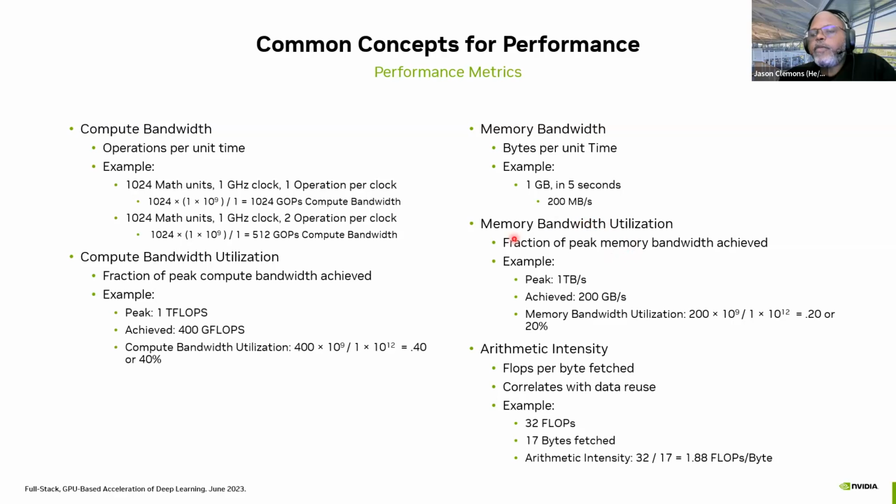What's interesting is the memory bandwidth utilization is similar to the compute bandwidth utilization. So now we're looking at what is the peak bandwidth your system could achieve and how much of it you are actually using. Turns out if you're using only a fraction of your memory bandwidth and only a fraction of your compute bandwidth, hey, maybe you should try to fetch more data. Or if you're using only a fraction of your memory bandwidth and you want to get more compute, figure out ways to be more efficient on that. We'll talk a little bit more about what these mean and how we can use these to improve the capability